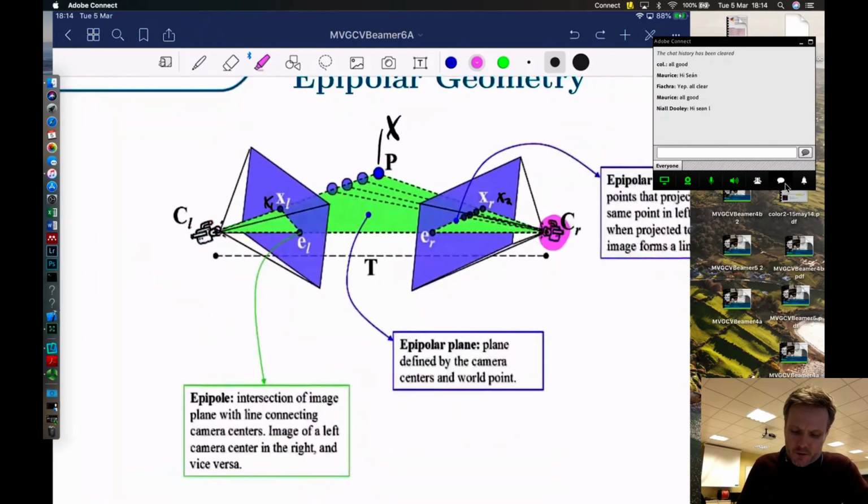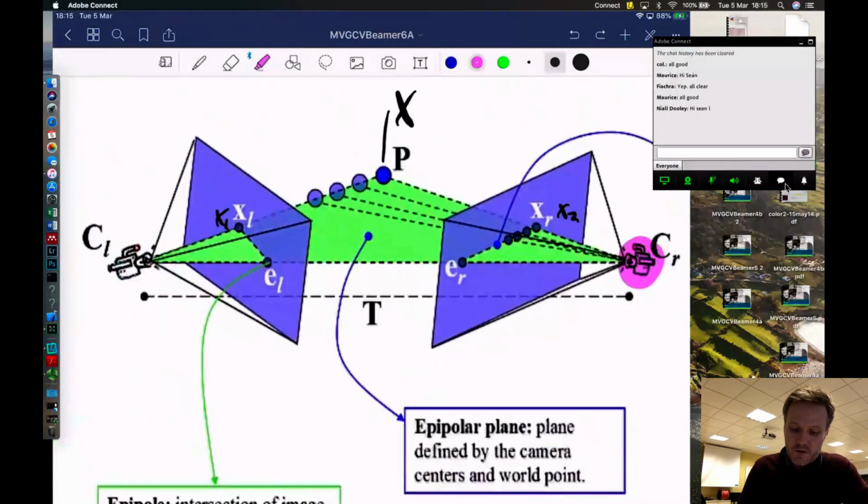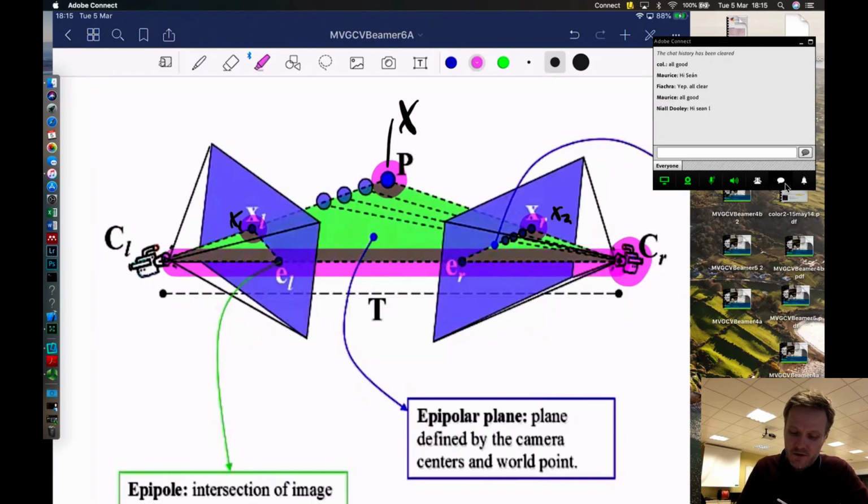Now, those are the epipoles and the epipolar lines, but the last thing we want to discuss is the epipolar plane, which is the bit that's shown in green here. And this is a very important concept for what we're doing tonight, because we're in a three-dimensional world, but if we see this point here, and it appears in two of our images, it appears there and there, from that information and from this line that's joining these two here, we can see that this forms a plane. Now that's maybe not that obvious, but